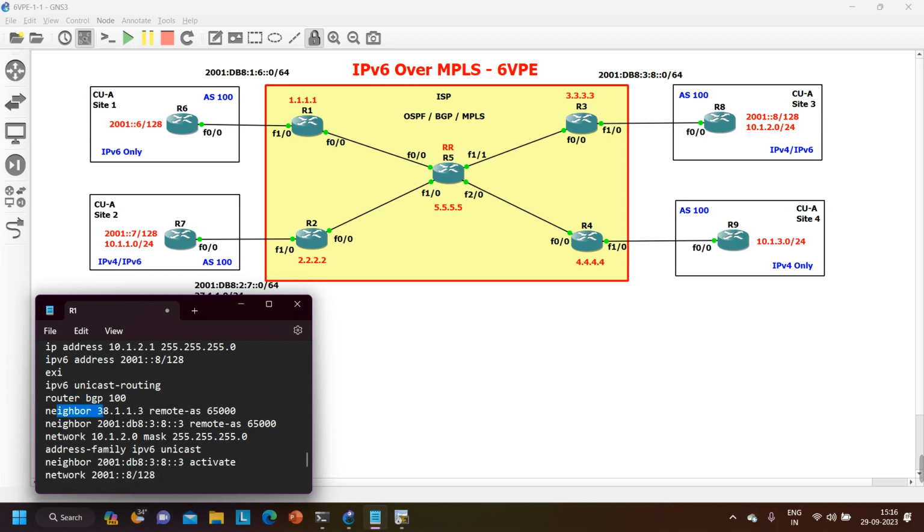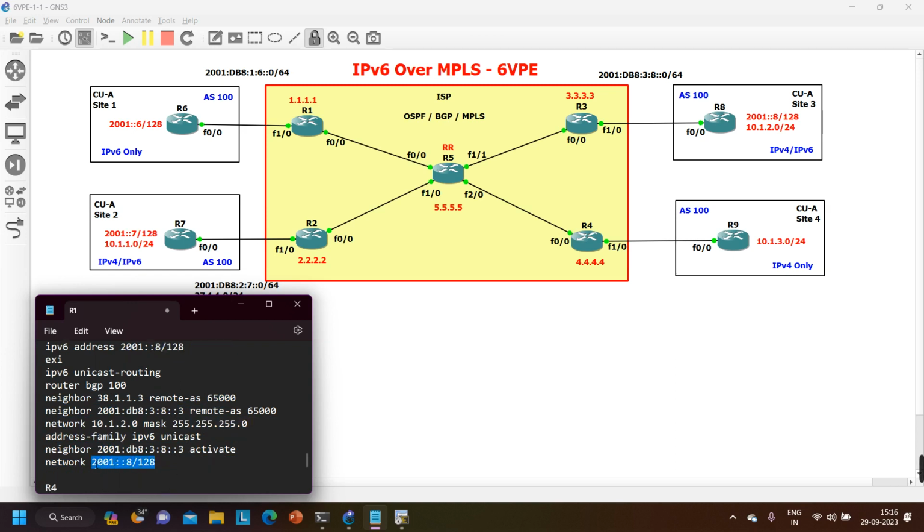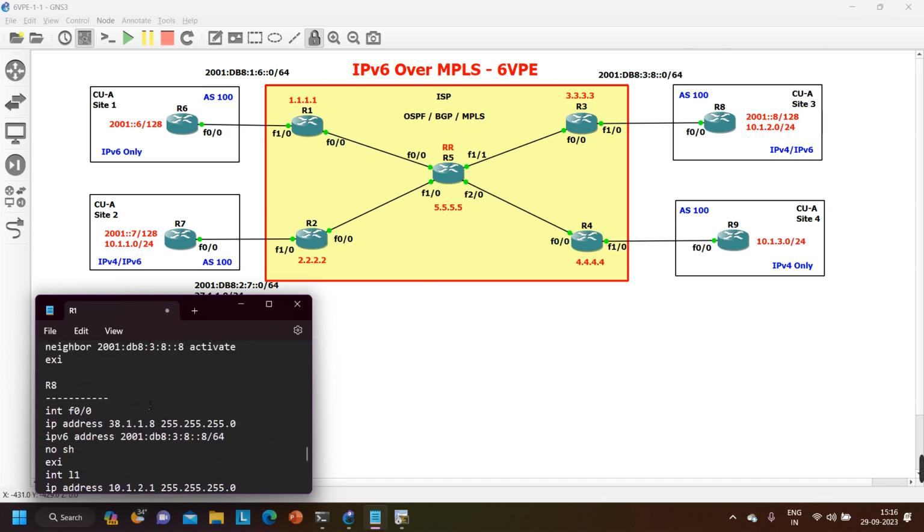And then neighbor 38.1.1.3, the IP address of router number 3, remote AS 65000. And then neighbor, this is the IPv6 address of router number 3, remote AS this one. And the network 10.1.2.0, mask is 255.255.255.0. This is for IPv4, right? And then address family IPv6 unicast, neighbor IP address of router number 3, activate. And then finally the network command. With the help of the network command, I am advertising this network, right, which is running on the loopback 1 interface. Here you can see on loopback 1